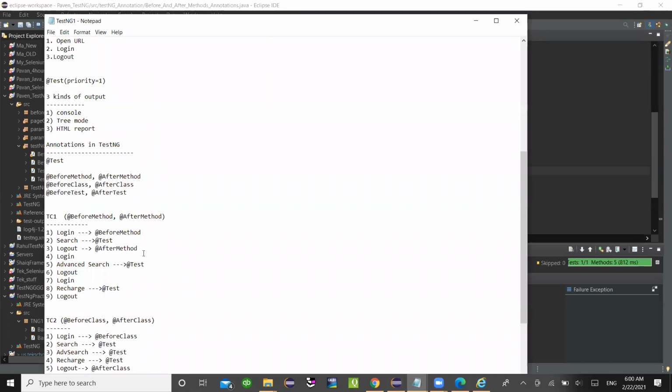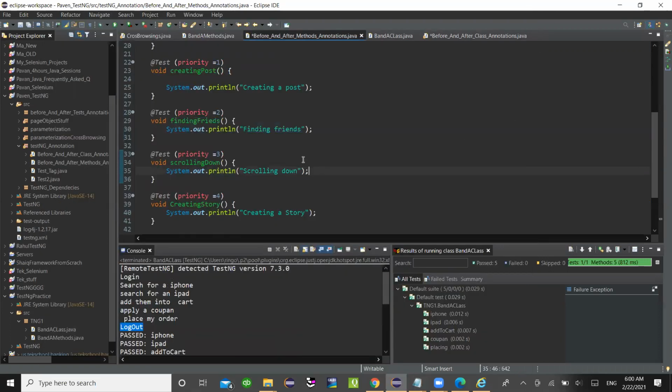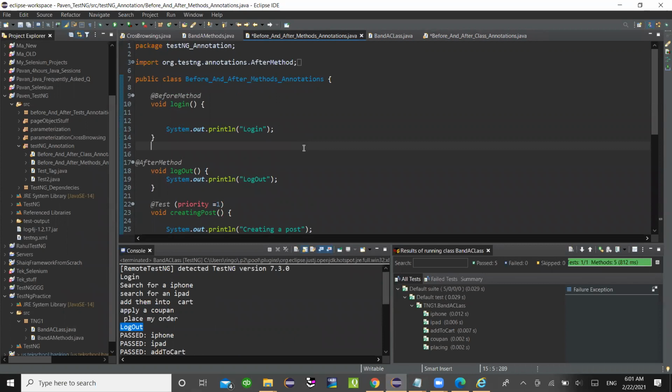And let's go before and after test. Any question, guys? Let me know because I'm gonna just move forward. If you know that you need something, just let me know. Okay, and then